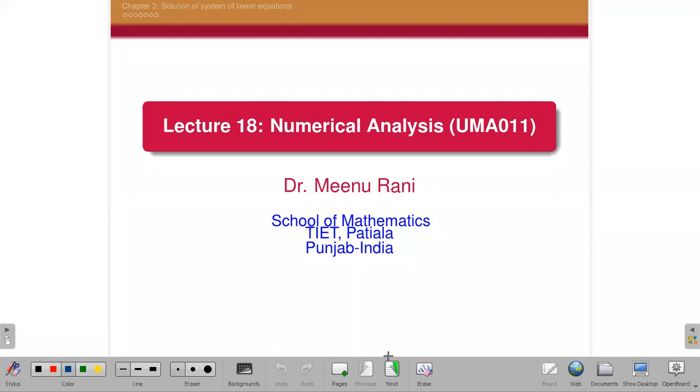And one thing more, your sessional next week is a reading week. So this is our last lecture for your syllabus of the sessional one. Actually, your syllabus of the sessional one is up to LU decomposition only. But in the Gauss elimination, you have to do without partial pivoting. Means partial pivoting will not come in your sessional one. So it is first chapter, second chapter, and third chapter with Gauss elimination and LU decomposition. Only the method without pivoting you should know. But we have already discussed about the pivoting.